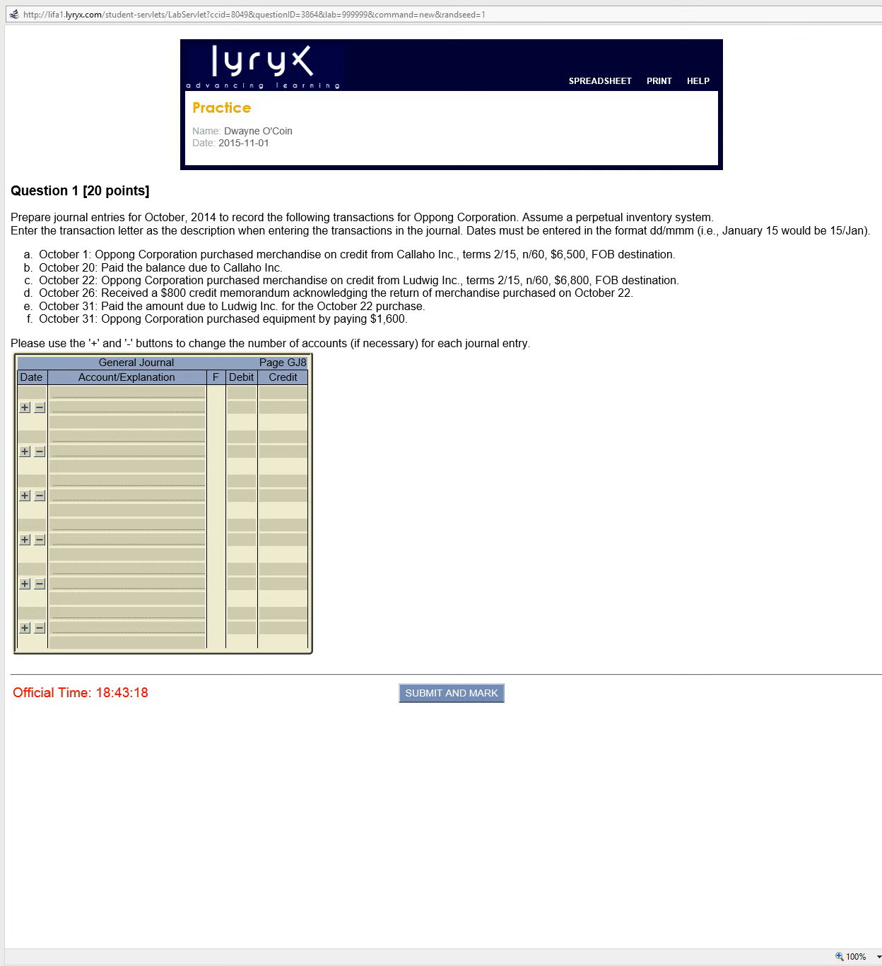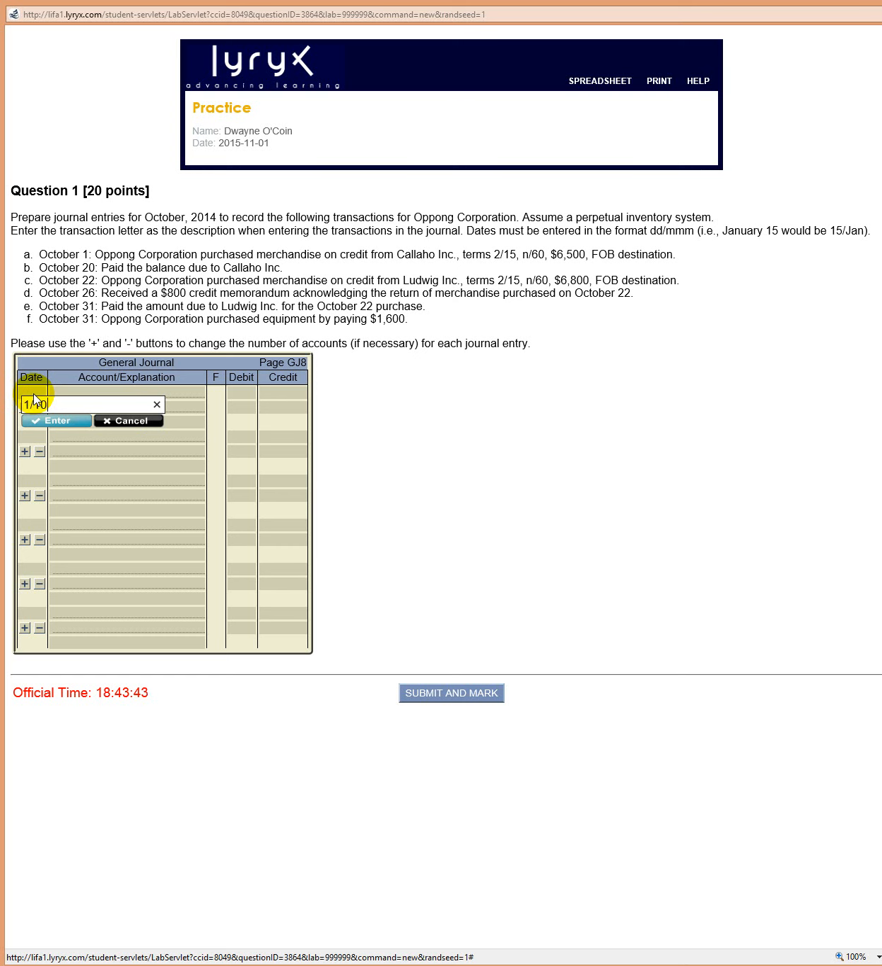This is lab 5.2. There's one question in this lab involving merchandise purchases. We're preparing journal entries for the month of October 2014 to record these transactions, mostly merchandise purchases. We're assuming a perpetual inventory system, and we'll use the transaction letter as the description. You'll notice that the date is given, so we can put that in as the